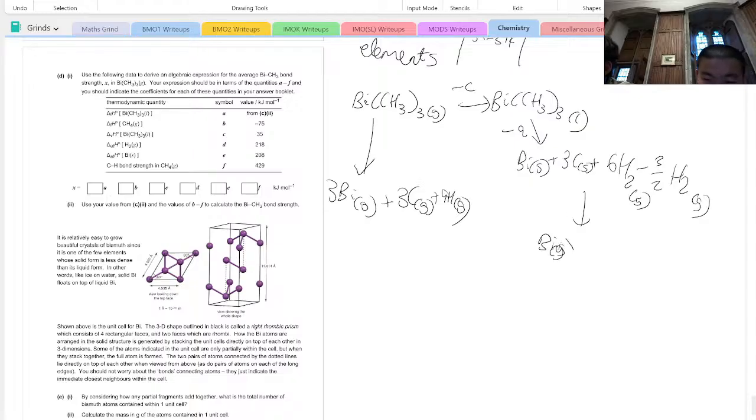So if we go Bi gas, Bi gas plus CH4 gas minus 3H. So let's think about what we're doing here. We're turning Bi into a gas, so we're doing E to that. We're doing 3C plus 6H2 to CH4, so that's 3B. And then we're minus 3 H2. And turning H2 gas into H gas is